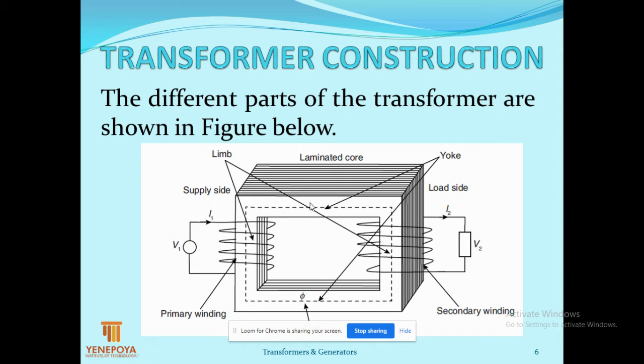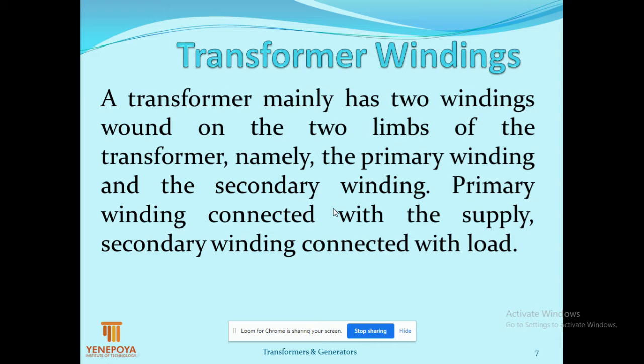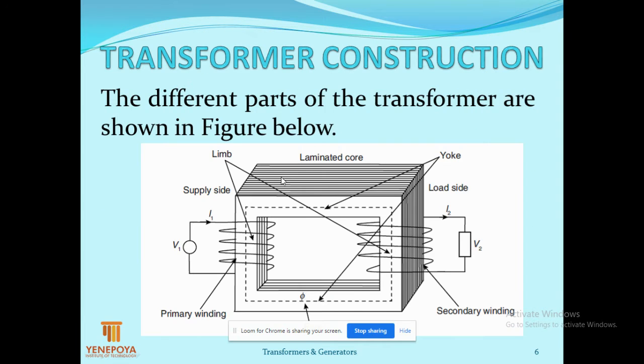Actually, there are three different fluxes you are going to see set up in the transformer core. When the current I1 flows, the flux phi is set up here. As a result, EMF will be induced in the secondary, that is E2, and V2 is across the load. When the secondary is connected to the load, the secondary circuit is closed. As a result, the current I2 flows in the secondary winding. As we know, whenever current flows in a winding, it sets up a flux. Due to current I1, phi is set up.